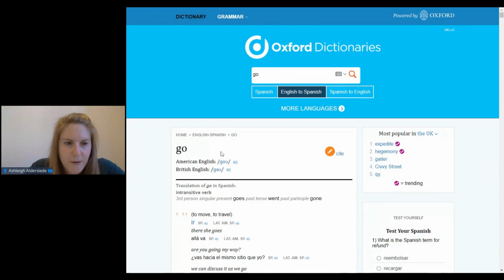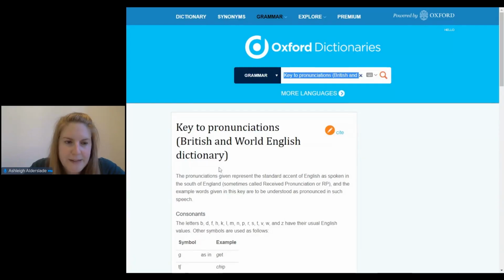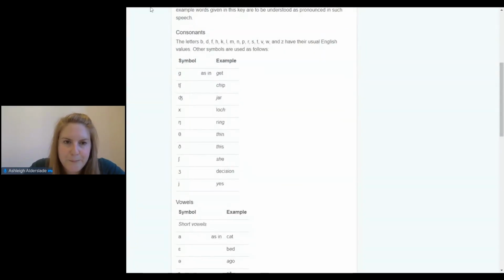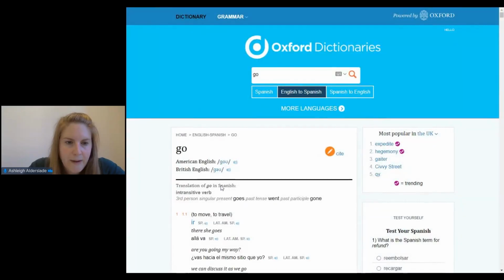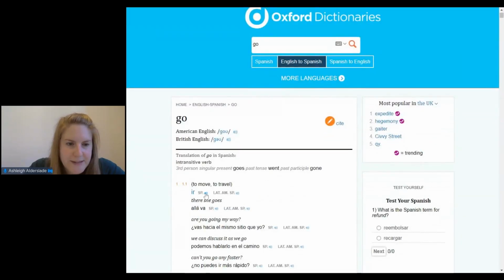So if I go back to go, for the English, you can see that we have British English and American English pronunciations, and we also have IPA for the pronunciations for the head words. And you can click on these, you can see they're hyperlinked, you can click on them for help understanding the IPA symbols if you need them. And for the Spanish, you can see that you can choose either European Spanish or Latin American Spanish pronunciations for